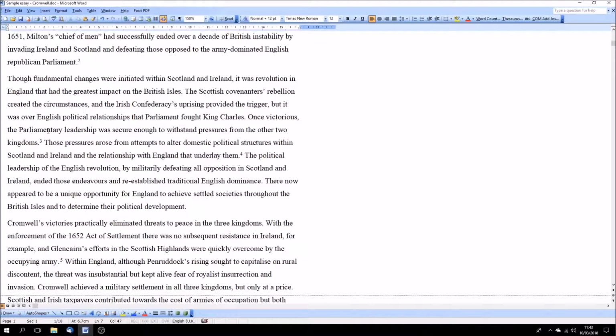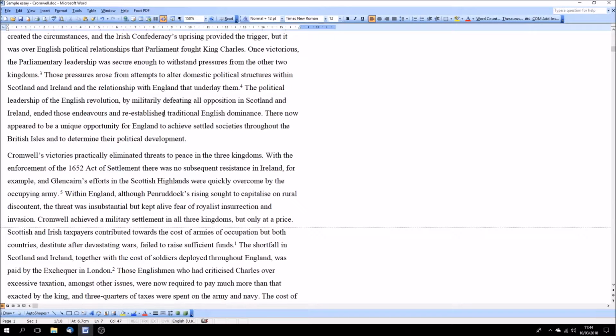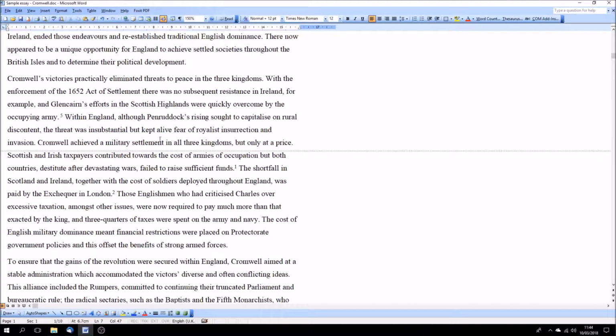Let's see about this one here. Well, this is another, and it's again in Morrill. This is another essay on Cromwell and his approach to Scotland and Ireland. So again, at least one of the points in this I've drawn from this essay, and I've rewritten it in my own words, but I've referenced it there to show that it's not my own idea, it's just my own writing. And I suspect this is probably the same. Yes, that's the same. And if you don't know what ibid., op. cit., and cf. and those sort of functions are, then I'm going to come back to that in the next tutorial when I show you how those references look. And again, here I can't see any direct quotations,